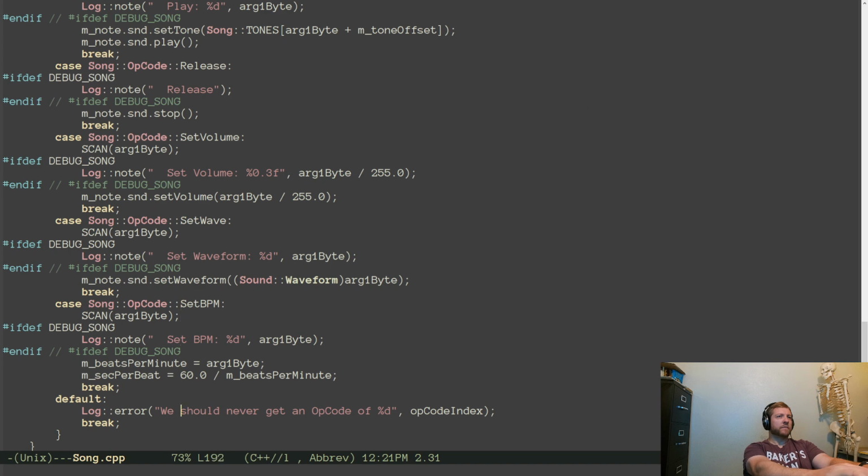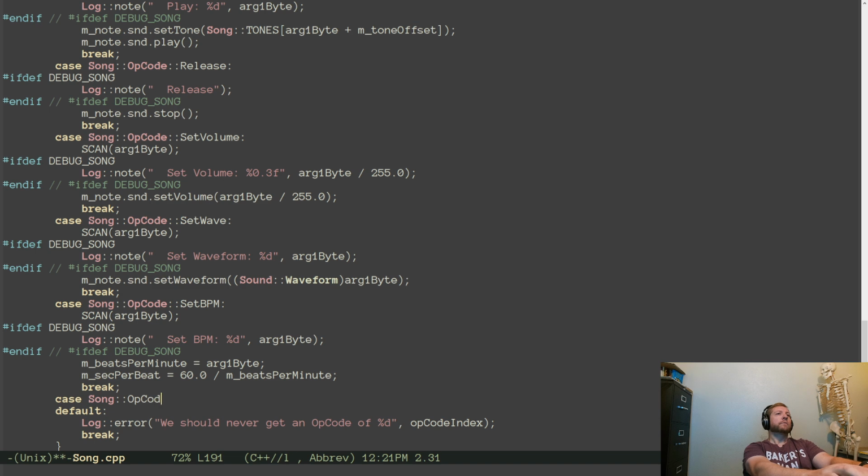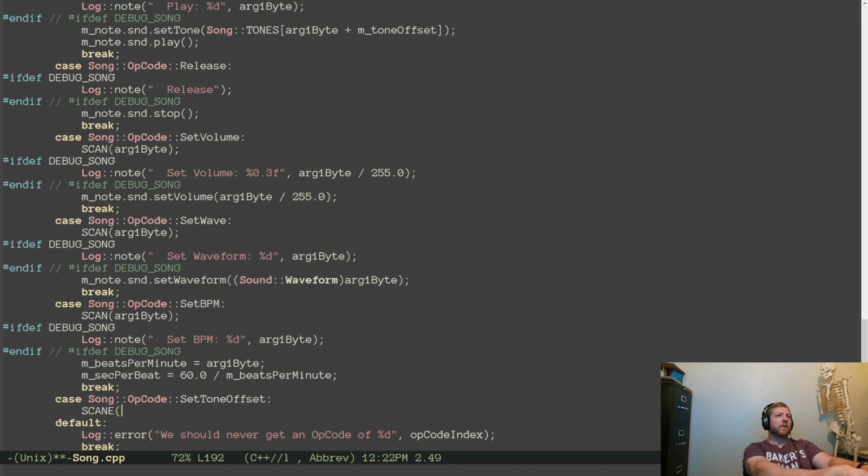Set volume, set waveforms, set BPM. This part